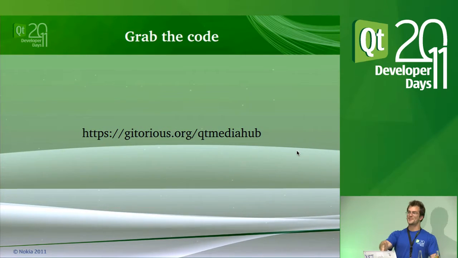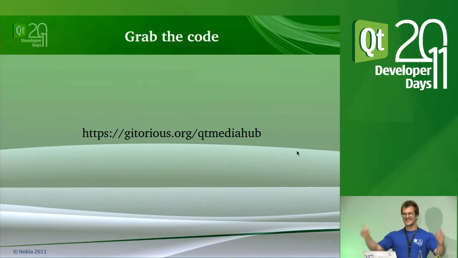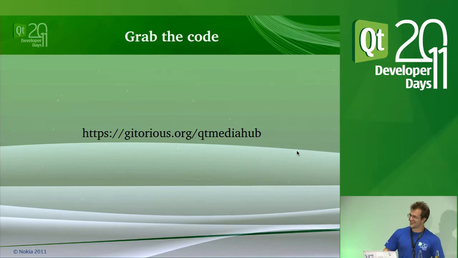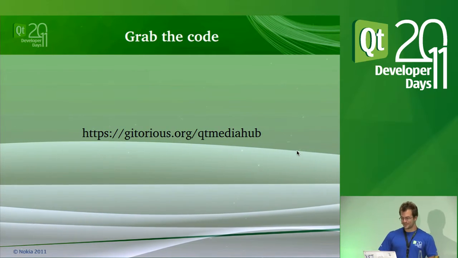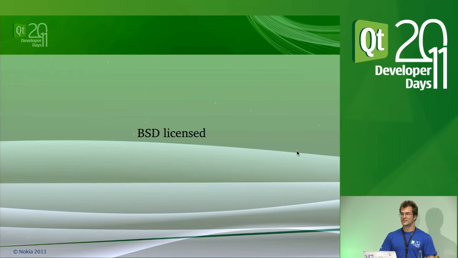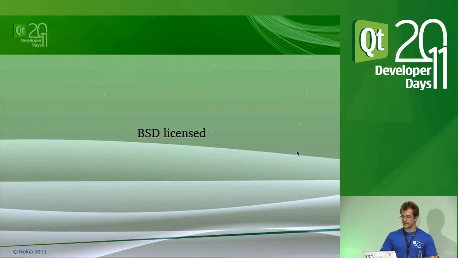So yeah, I'm not sure whether to keep the URL on screen or not. You can always come up and get it afterwards. This presentation is online. It's on Gitorious as well. In fact, you have my entire revision history, so you can see everything I deleted, which is actually something wholly novel. Cool. Okay, and it's BSD licensed, so if there's any code of any use to anyone, feel free to scavenge